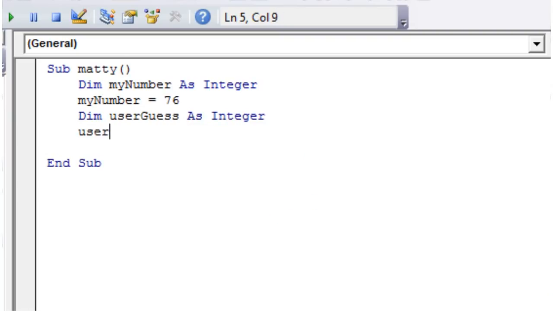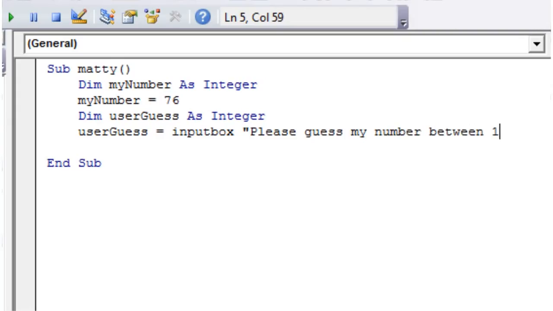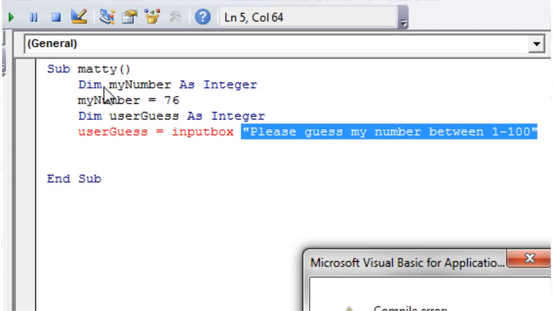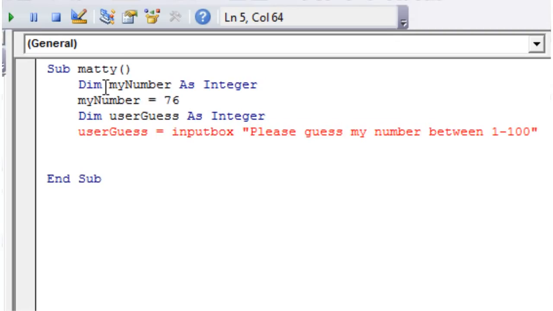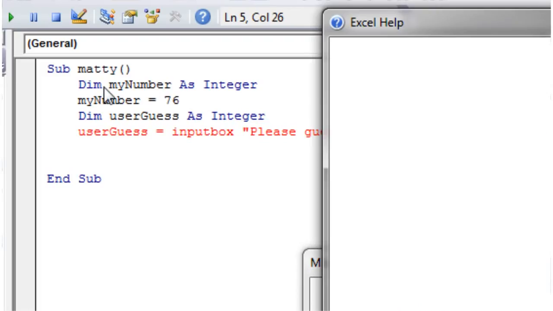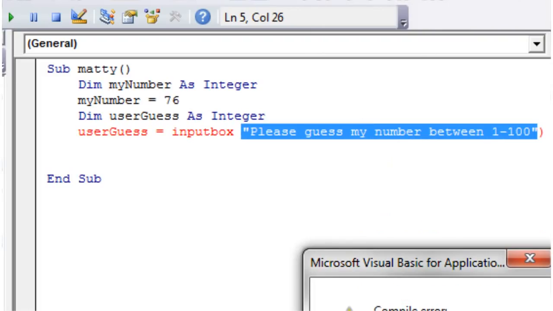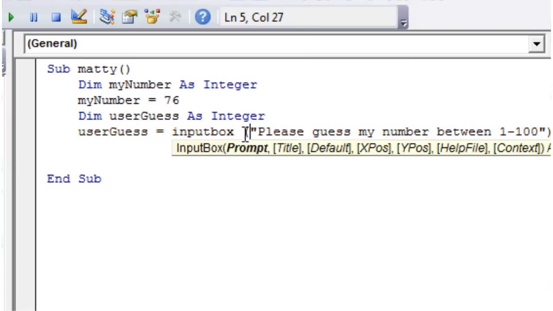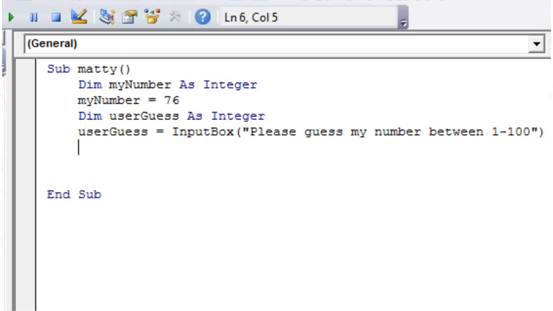And then user guess equals, and then input box, and please guess my number between 1 to 100. And then make sure you put it in the brackets. Oh, we've loaded up help. There we go. And then we want to do a do until user guess